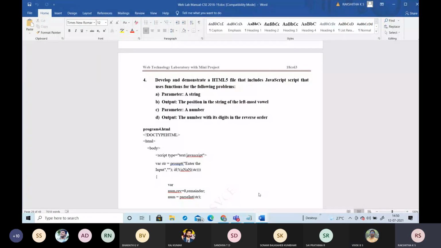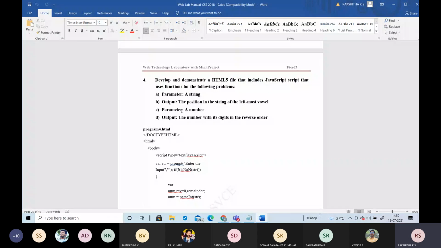In the word web, it will check from the leftmost position. E is present at the second position when you check from the leftmost. So if the string given is web, then it will give you the position of the vowel, that is E, in the second position.